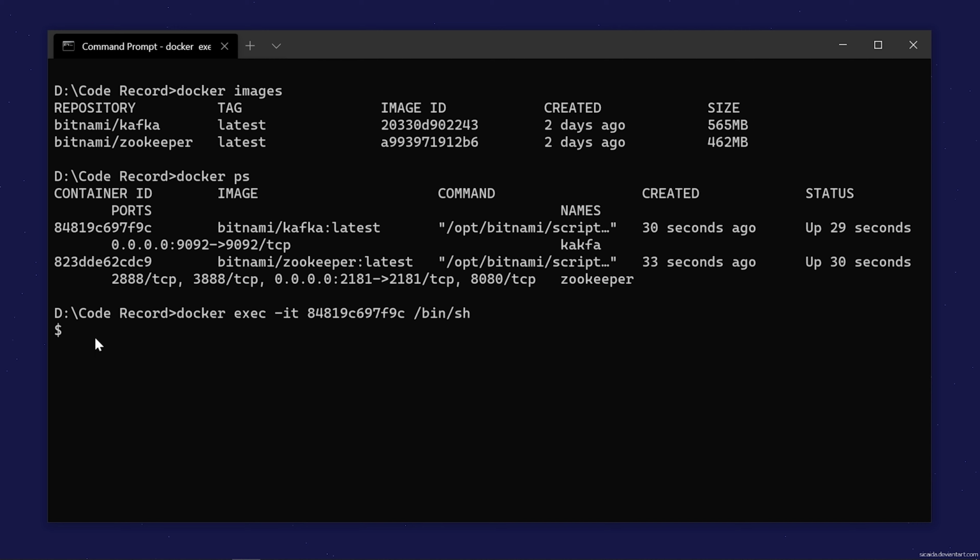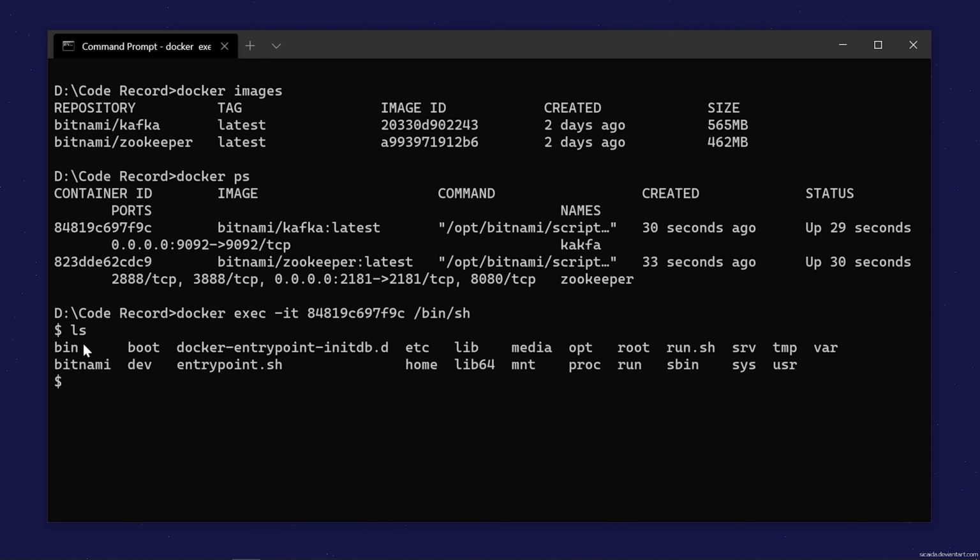You can see that now we are in the Kafka container. If I do ls, you can see all the folder structure inside this Kafka container. Kafka will be installed inside the opt folder, so let's go into the opt folder. We'll do ls. Inside opt there is a Bitnami folder.